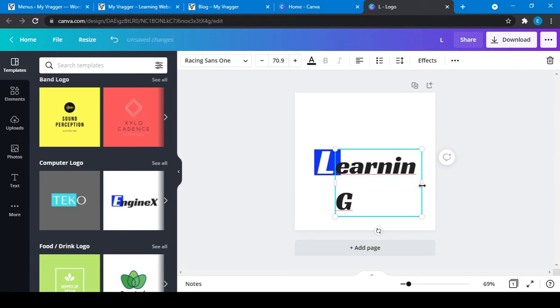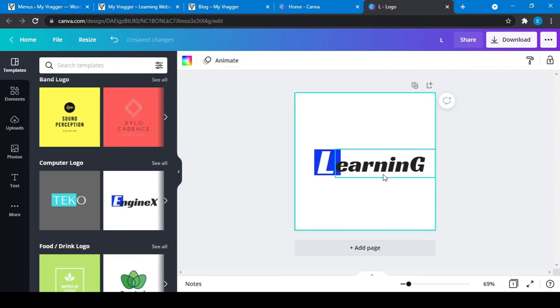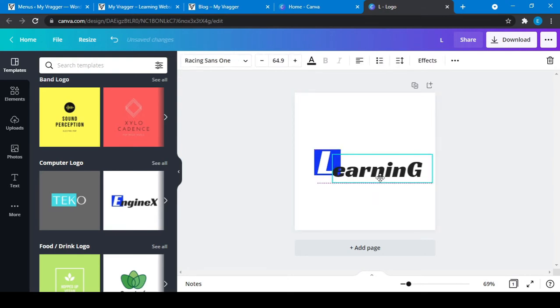After that, decrease some size. And if you don't want this, click on this. Yeah, cool. You can also decrease this size a little bit so it will look similar.